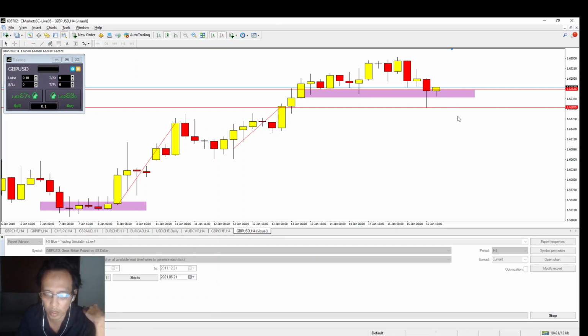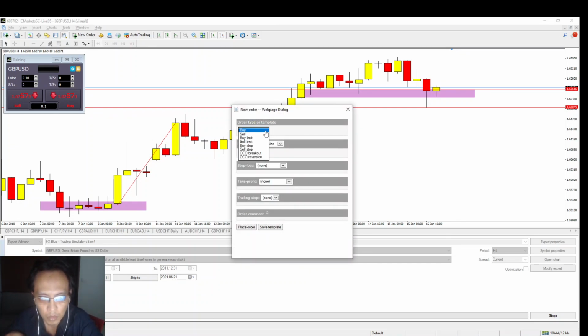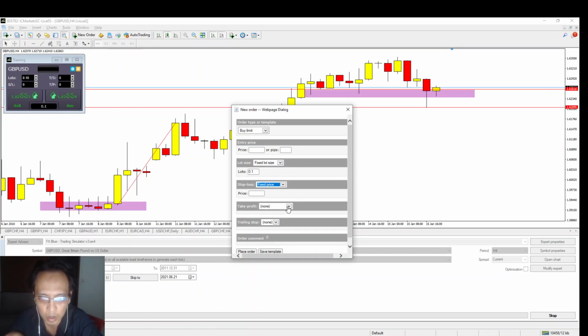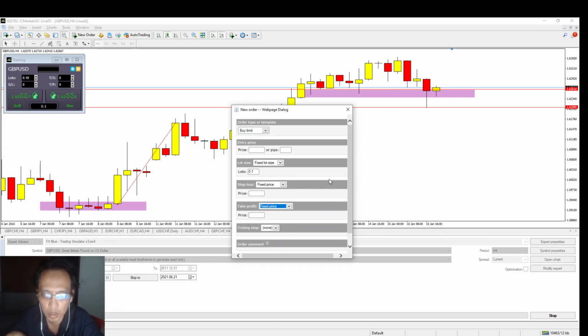Give your trade room to breathe. So let's wait for the outcome of this candle. If this candle continues to go down, then most probably our buy order is not going to materialize. But don't assume, let's just wait. So just put a buy limit, fix, lot size 0.10, price, stop loss is a fixed price, take profit is a fixed price. Okay,